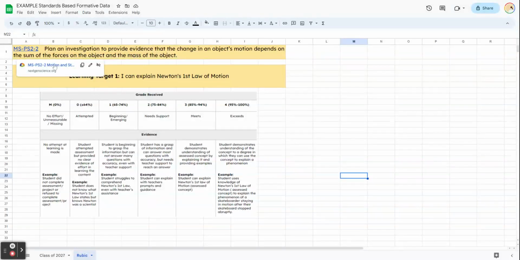So for this standard here, if I open up the website for NGSS, it goes over what specifically needs to be taught within this standard. You would take that information and write out some learning targets of what you need your students to be assessed on. From there, you teach your lessons, and then as you go about grading,